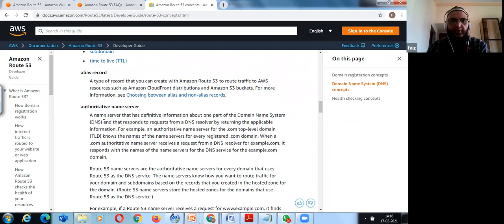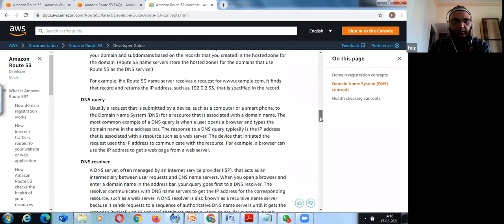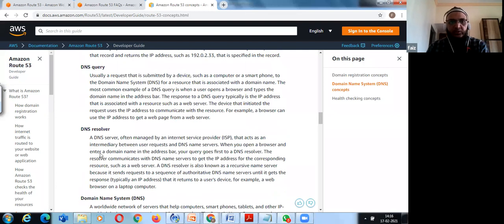An authoritative name server has defined information about one part of the domain name system, and it responds to requests from a DNS resolver. I'm not going through each part of it.